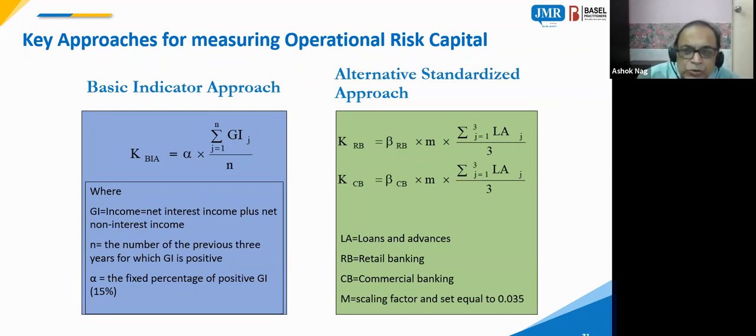So these issues are your standardized and alternative standardized approach. When incomes are combined in a branch, how do I allocate the income? Because there is only one branch, and all the people are there. So allocation of income across the verticals is an issue that has to be done, and that can be done by looking at the detailed GL code level data.